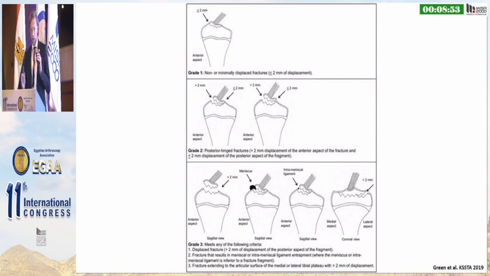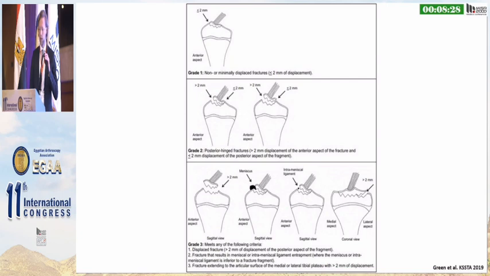And based on all these things, a new classification was done by Green back in 2019. Grade 1 is mainly a non-displaced fracture. Then we have grade 2, where you have a hinge on the posterior side because of the ACL forces. And then you have, interestingly, grade 3, where you have either a complete displacement, or, and that's an